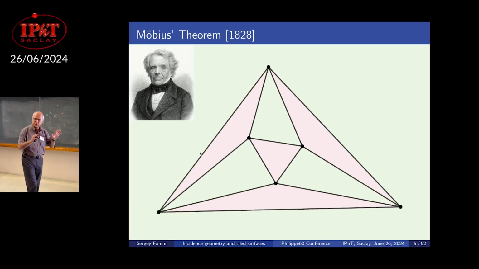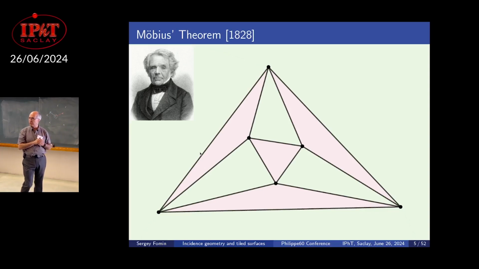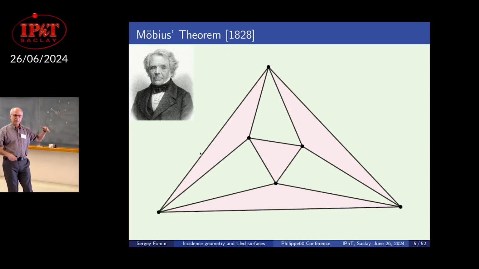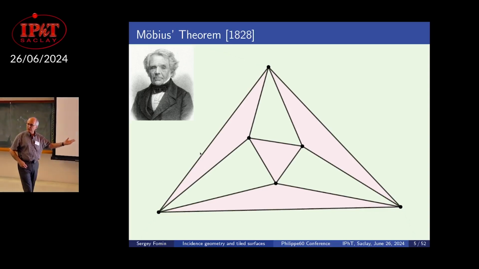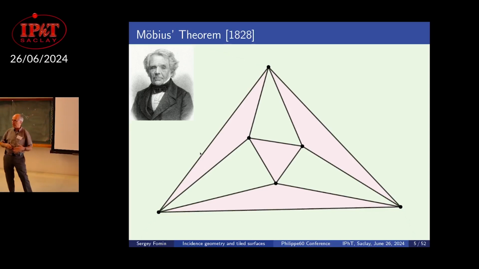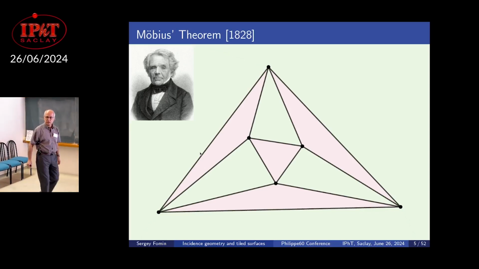4 planes generally don't intersect at a point, right? 3 planes in space will intersect at a point. 4 planes, if they intersect at a point, it's a miracle. So let's assume it happens with the 4 black planes. Then it happens with the 4 white planes. That's the content of the Möbius theorem. Beautiful theorem about points in 3-space. This is a projective theorem, just like the previous ones. No measurements are involved, no angles, no distances, no areas, just relative position, just incidences.